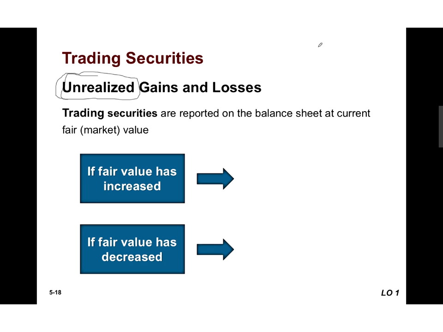Okay, so with trading securities, at the balance sheet date, so at our financial statement date, we're going to go in and get the market value of these trading securities. So we're going to look up in the Wall Street Journal, what is this security worth at that date? At that date, we are going to change the value of that investment on our balance sheet to the current market value. The reason we do this is because this is a trading security, and we plan to sell it very fast. So we want our balance sheet to reflect its current market value.